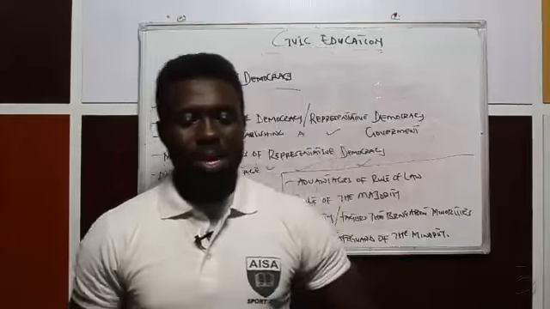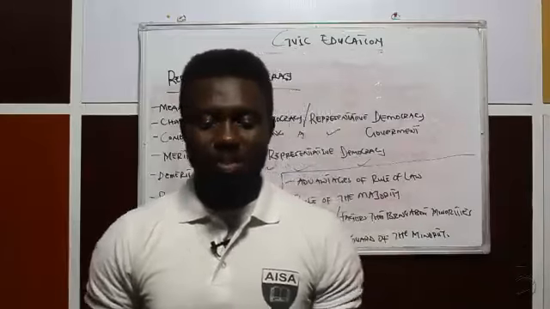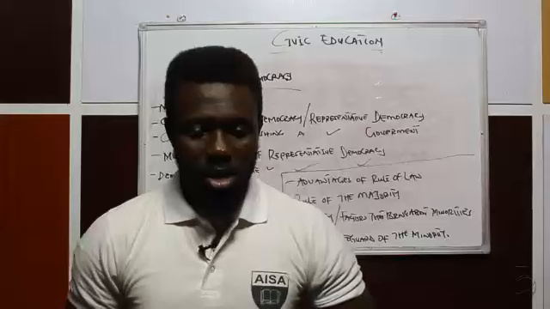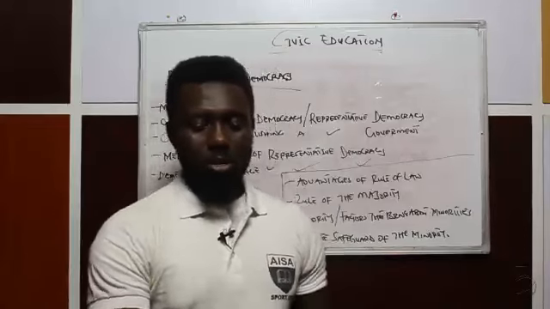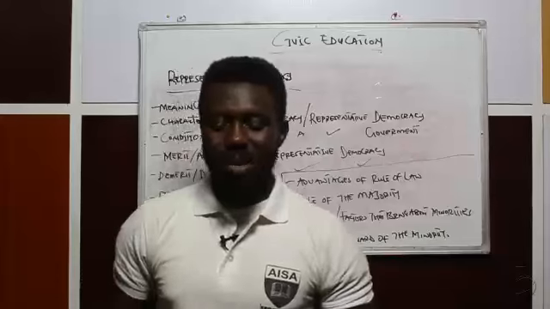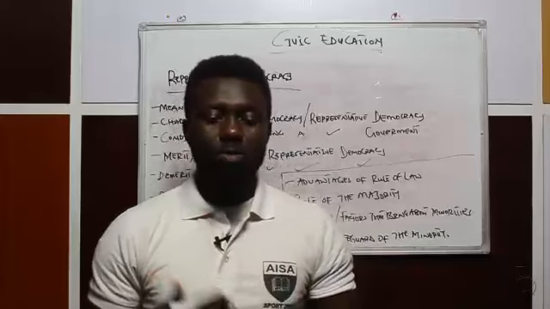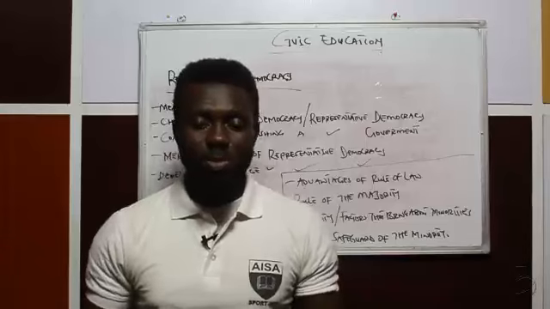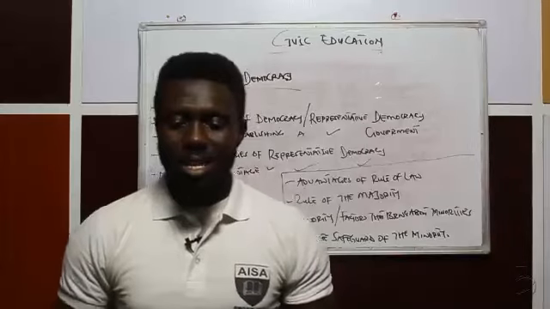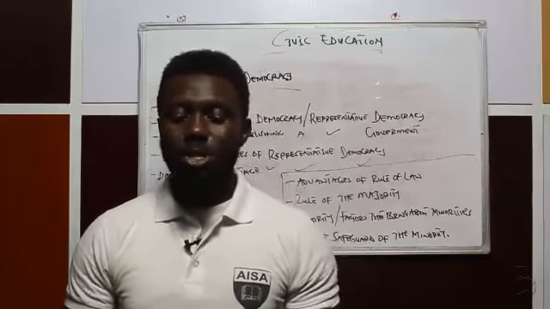Number 1, establishment of the electoral system and periodic elections. Number 2, independent judiciary. There must be an independent judiciary. Number 3, political system and partisan politics. Of course, one of the conditions is that there must be political parties to create competition so representatives can be chosen. And then number 4, we have fundamental human rights.